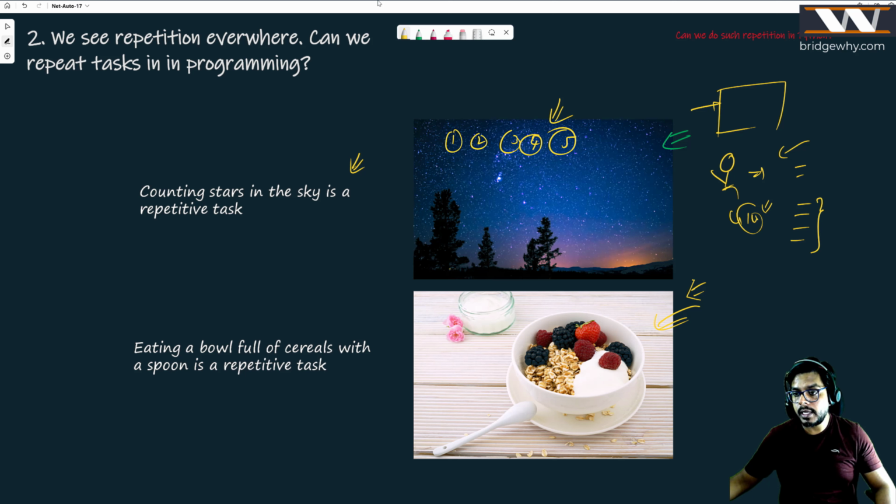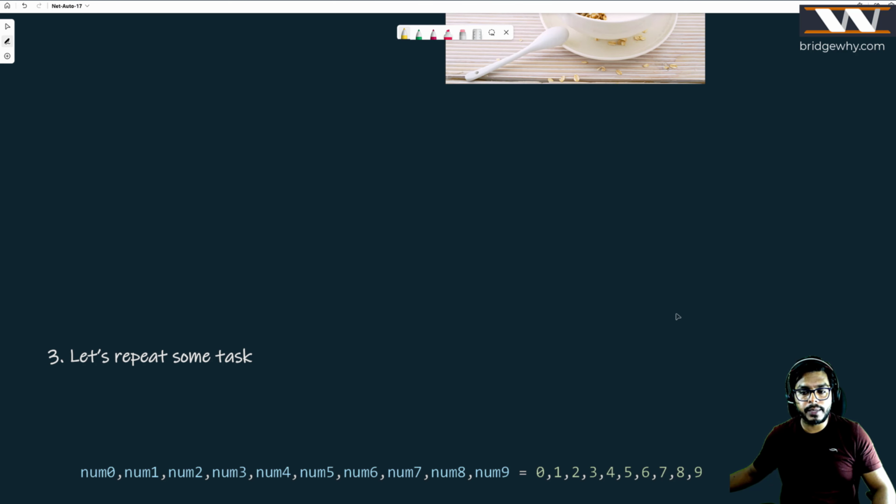Because this is a repetitive task, you are just copy pasting the same code, and this is not an efficient way of programming. This is inefficiency in programming. And in that case, we need to have something which can help us, through programming, to deal with this repetitive job. Let's see how to do that. So first thing first, what I'm going to tell you,